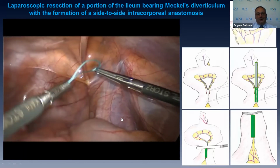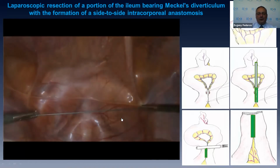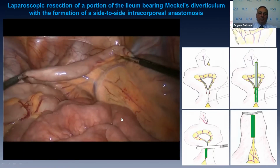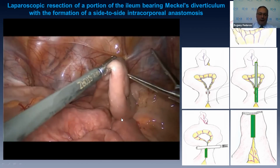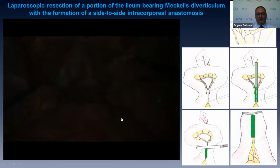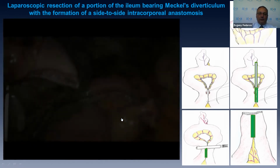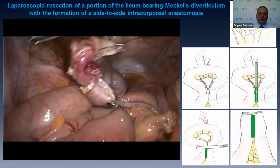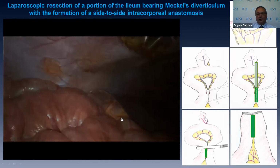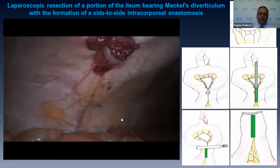And here you can see we found a way to measure the distance from the ileocecal valve to the diverticulum using the thread. We put the thread on the peritoneal wall, and then using the peritoneal wall as a measuring device, we step by step measured the length of the small bowel, and after the resection of the diverticulum, we removed it. You will see it just now in the special container through the small incision in the right side,